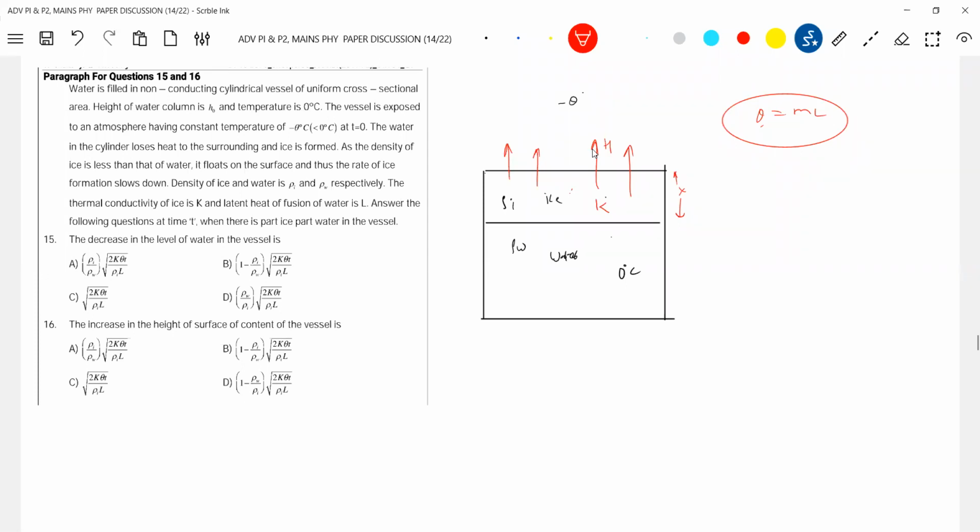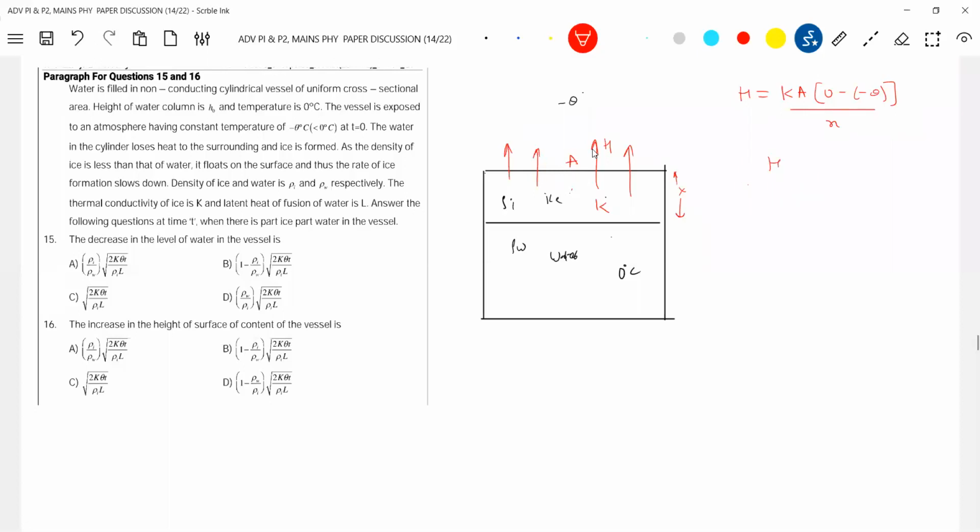H is equal to KA, thermal conductivity of the rod, and area of cross section A, which is not needed and gets eliminated. So the H should be equal to, let me write the equation, K A times (0 minus theta) by thickness X. For this to happen, some amount of water should freeze, no? So you calculate Q equal to M L F. And this Q by T is what? H here, no?